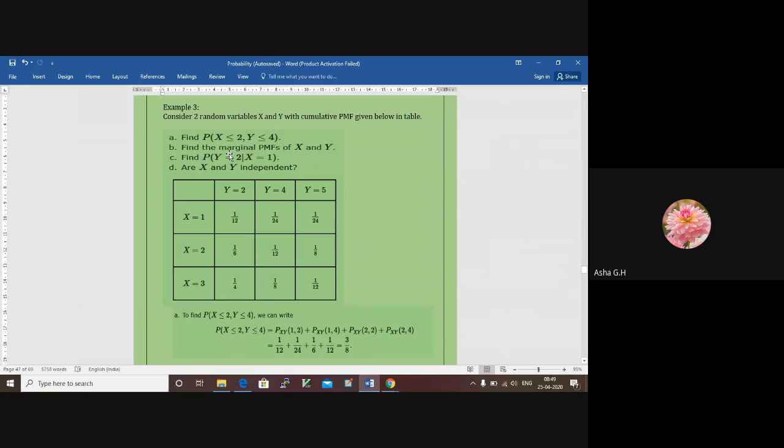Similarly, when we find out the marginal PMF for y, we keep y constant. Y can be 2, y can be 4, and y can be 5. And we vary the value of x, and we find out the corresponding probabilities and we sum it later. That is the meaning. Okay. Now, when x is equal to 1, can you just tell me what is the marginal probability mass function? 1/6. It is the sum of all these probabilities because x equal to 1, y equal to 2; x equal to 1, y equal to 4; x equal to 1, y equal to 5. Similarly, when x equal to 2, it is 3 by 8.